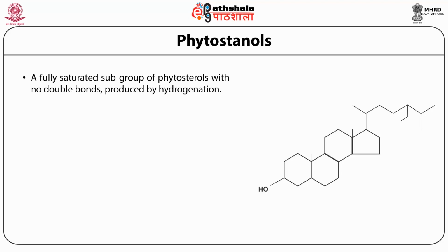Phytostanols are another group, or rather subgroup, of phytosterols, fully saturated but with no double bonds, and are produced by the hydrogenation process. They are found in a very minute amount in the legumes, nuts, and the seeds,